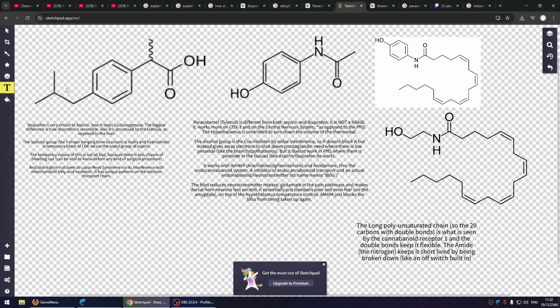They come up here instead of another alcohol group, and it's bulky, so it takes up more space, and it's hydrophobic because these are hydrocarbons. It's more of a temporary block of COX, cyclooxygenase, versus the acetyl group of aspirin, which is an irreversible group. So the temporary nature of this is